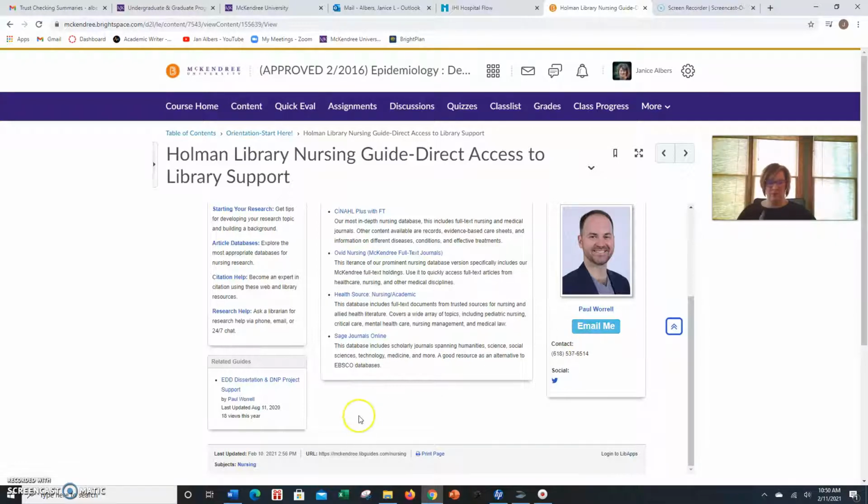If you are starting your searches, he will provide guidance and help you find articles that are real and relevant to your practice. So never hesitate to reach out to him. He's invaluable as far as the resources that he can offer in the library. And again, he will save you time. Keep that in mind. So let's go back